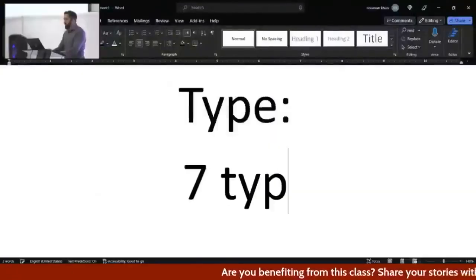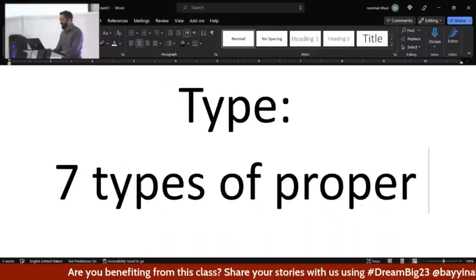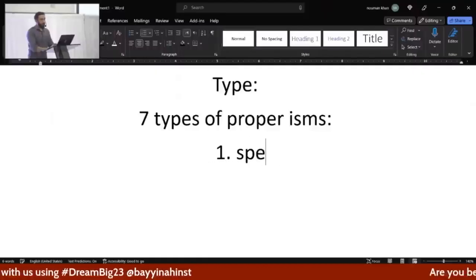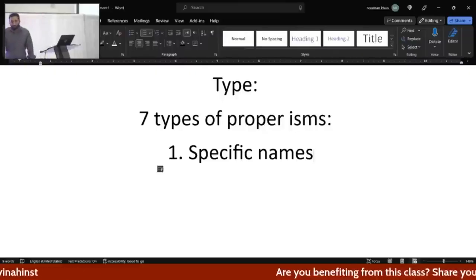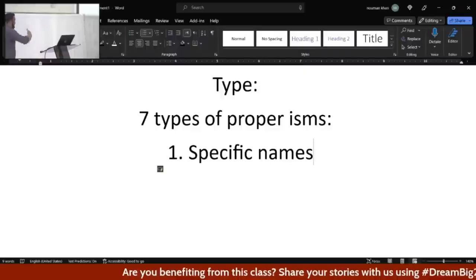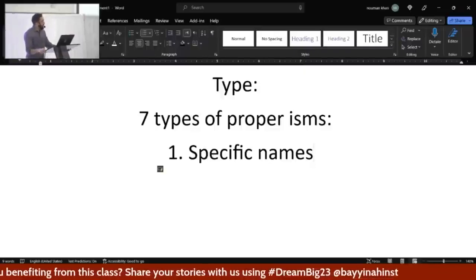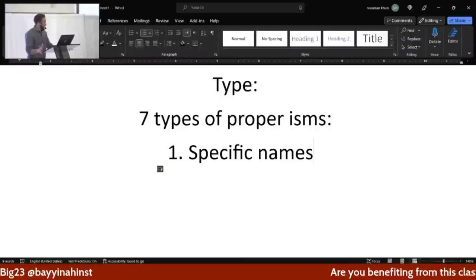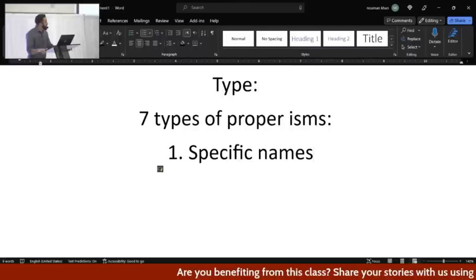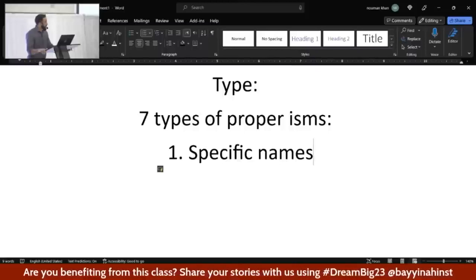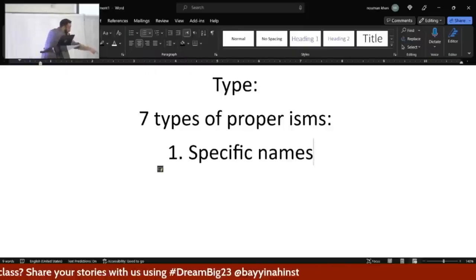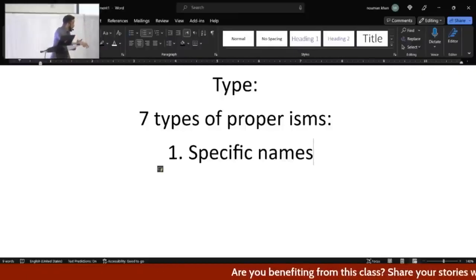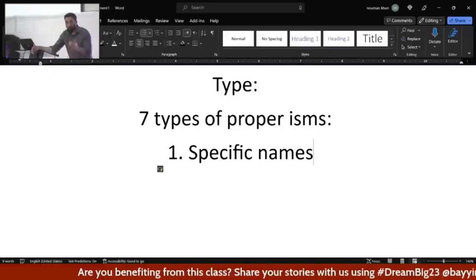Okay. There are 7 types of proper isms. There's an easy logical list. Number 1, specific names. Make sense? Nouman is proper. Ijlal is proper. Ali Ahmed is proper. Imam Nadim, proper. Sheikh Yasser, proper. Specific names means when I use a name, I'm using it for a particular person, or a particular country, or a particular company, or a particular newspaper, or a particular book, or a particular anything. When I name something specifically,